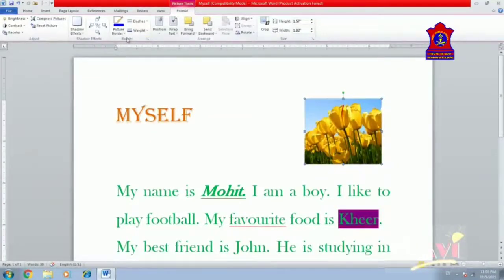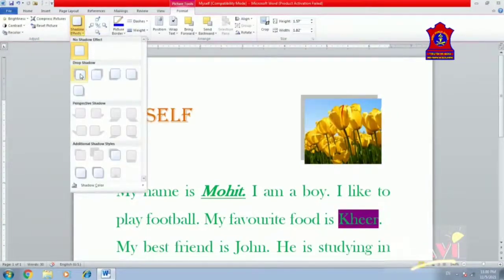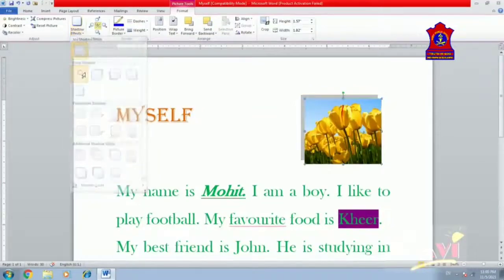What you need to do, you can click on picture border. Under this you have picture effects like shadow effects. You can apply these shadows to the picture. We have shadow effects here.